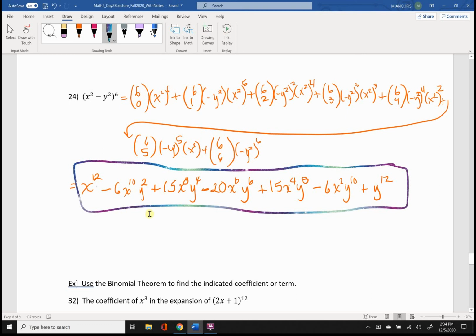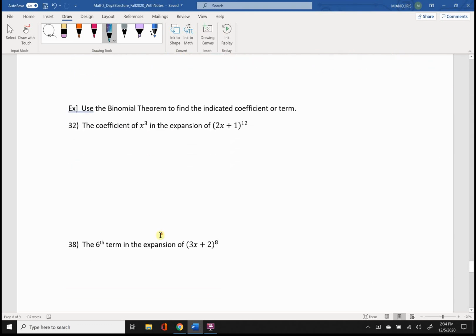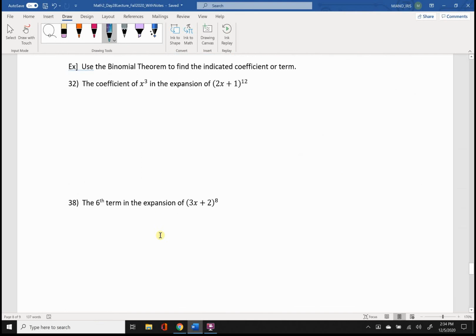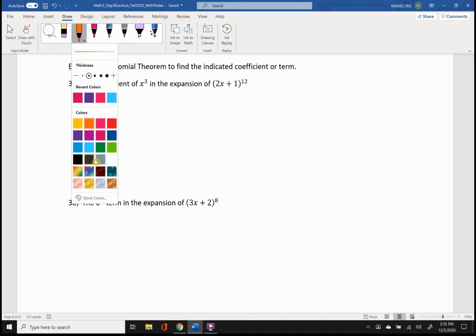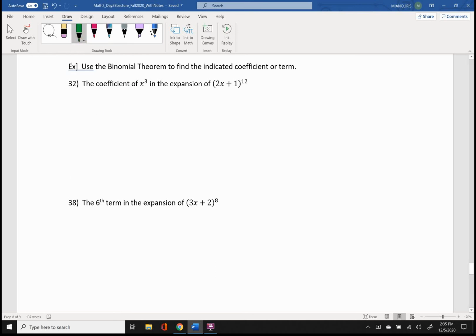Okay, let's go ahead and use this one formula, really, to get the coefficient of an x cubed term in the expansion of 2x plus 1 to the 12th power. So we're going to use this formula here. Let me write down the formula so we have an appropriate reference. Actually, let's get this green color going. So the formula that I'm going to reference here is